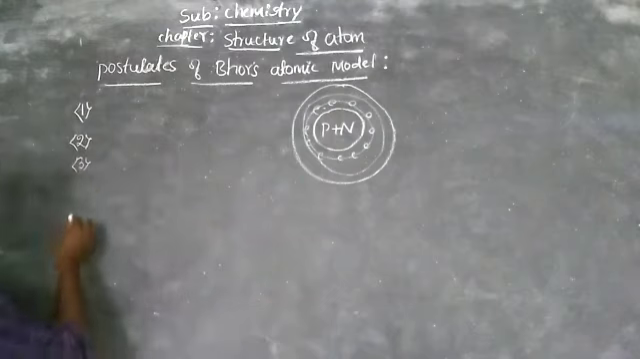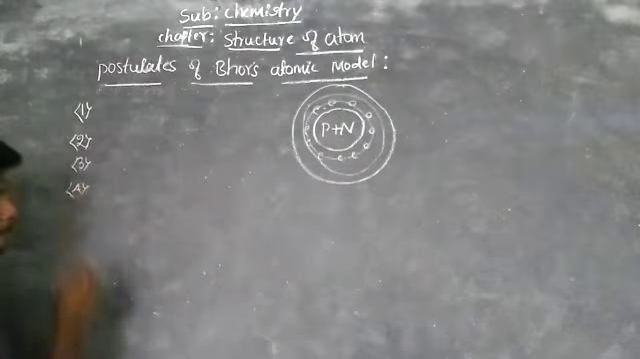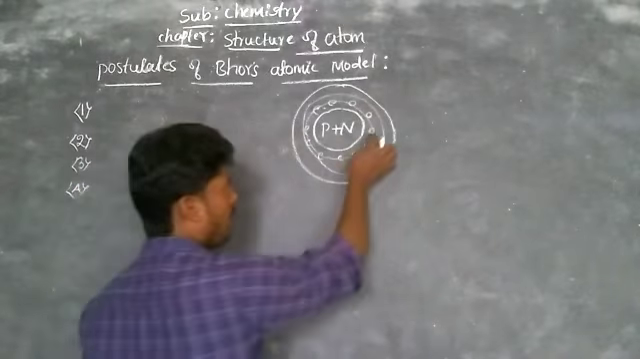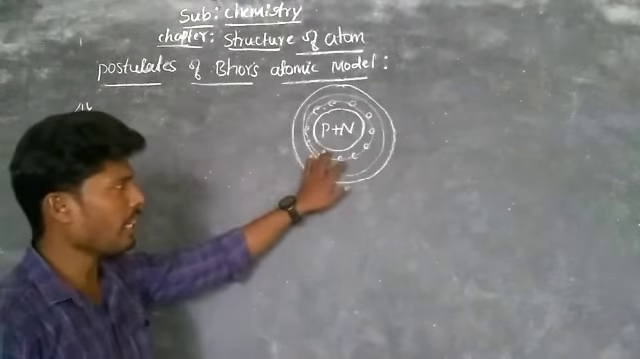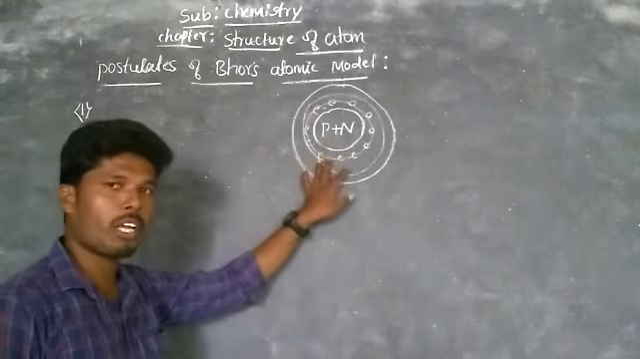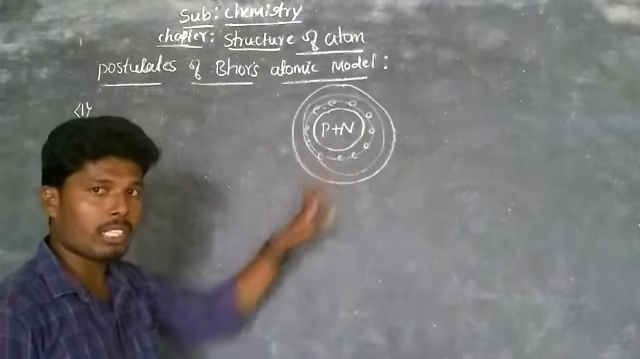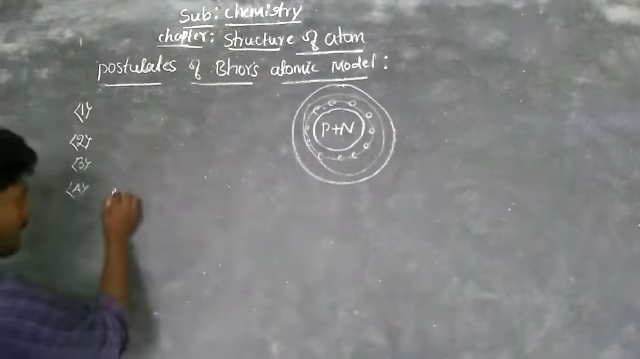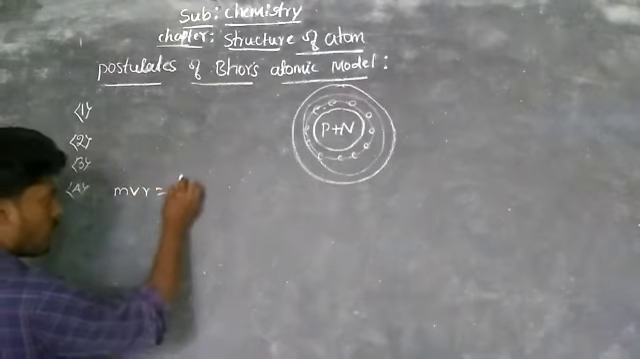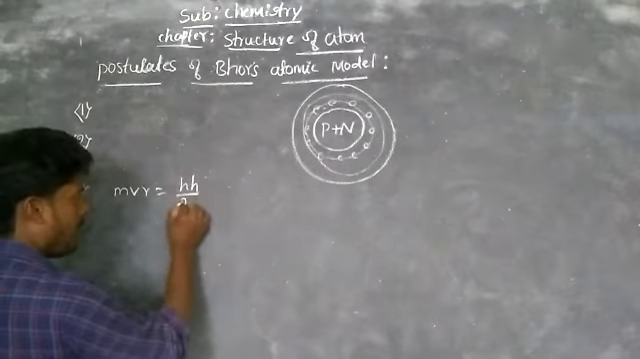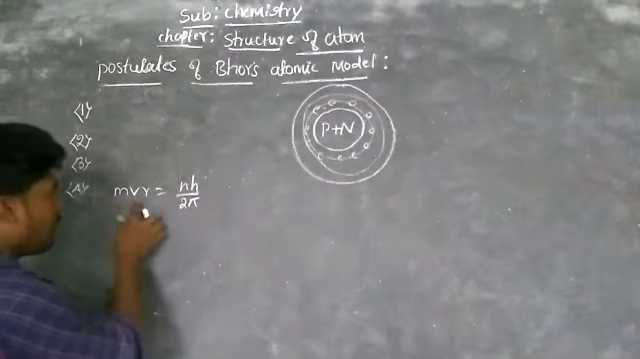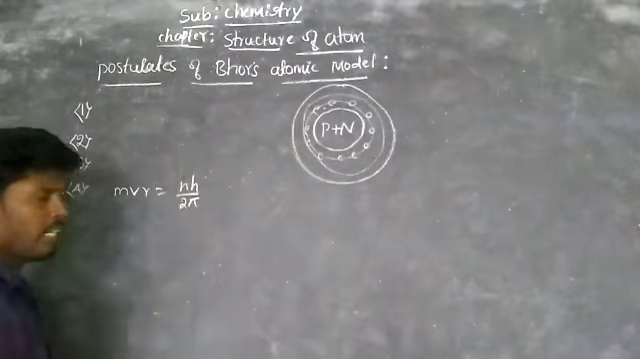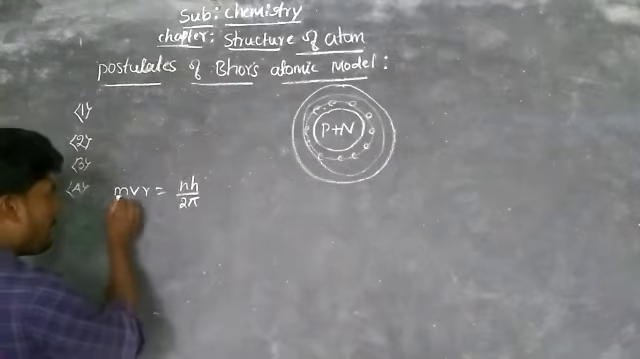Then the fourth one: electrons are moving around the nucleus in definite orbitals. These moving electrons have an angular momentum. That angular momentum is given by mvr is equal to nh divided by 2 pi, where m is nothing but